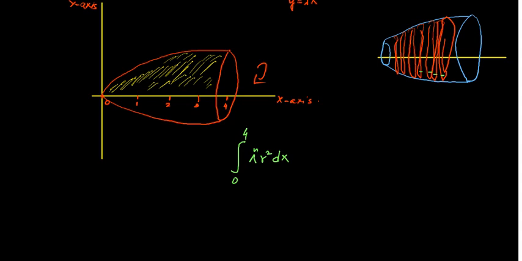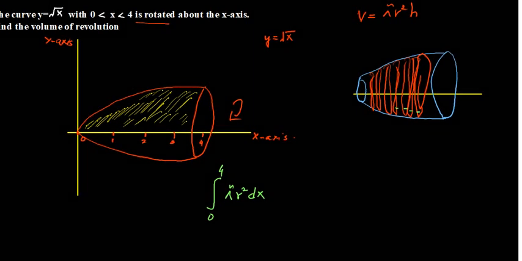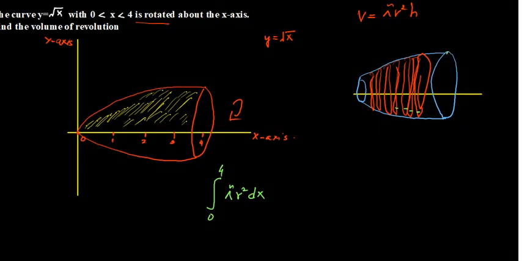Now what will be the radius in that case? The radius is actually the distance from this rotation axis to the edge of that point, and that is actually the x. You can see that